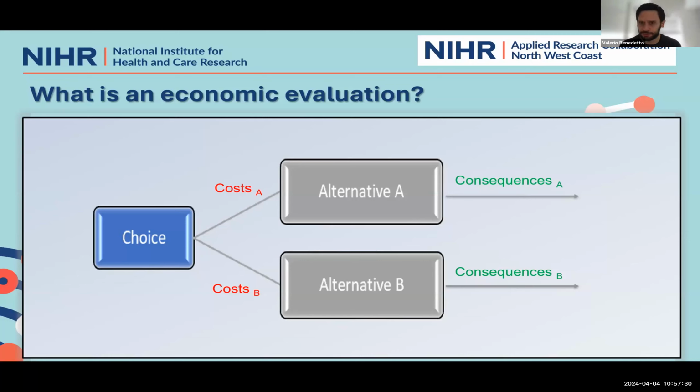Of course, you might have more than two alternatives, 3, 4. Things will get a bit more complex, but we try to simplify things here, so we just present the scenario with two alternatives. We're talking about health economics, so we will of course talk about costs attached to each alternative, cost for alternative A and cost for alternative B. And when we do an economic evaluation, we try to weigh these costs against the consequences attached to each alternative. So the consequences for alternative A and the consequences for alternative B.